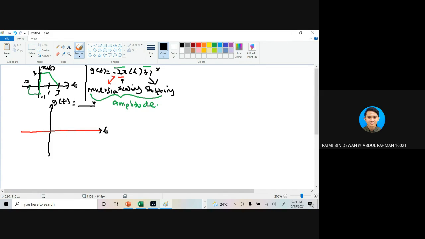So first you need to do some inverse in amplitude if it's applied. In this case it applies because you have a negative there. So now here you have 3, so you will have a negative 3. Am I correct? Then you have negative 1 here, you will have 1. Just inverse the value of the amplitude. Then